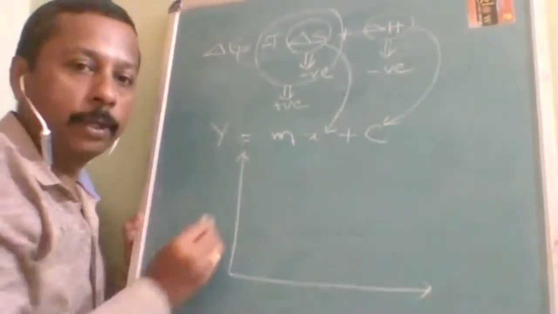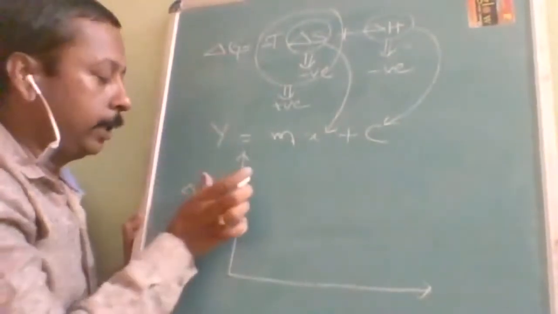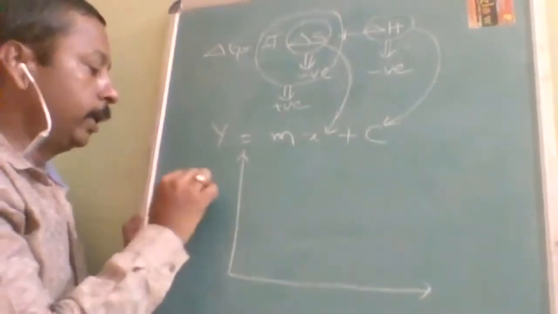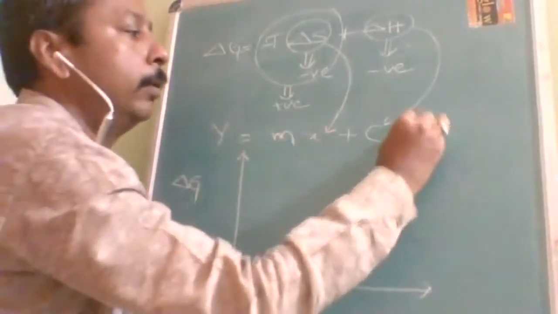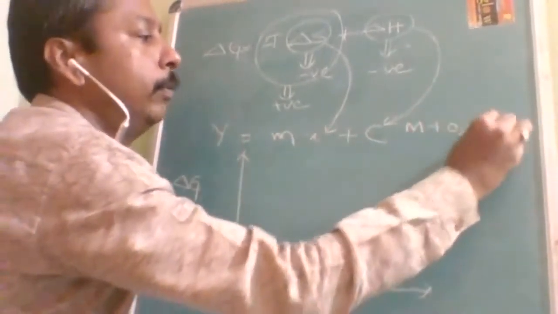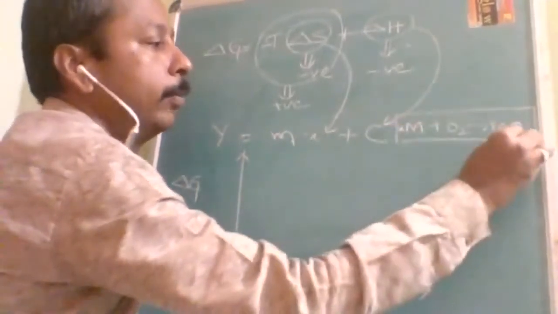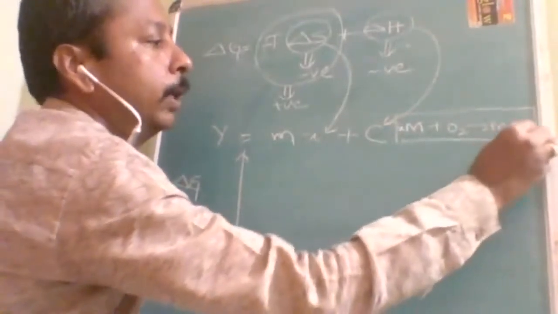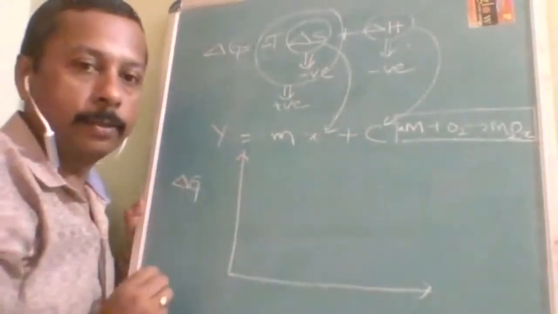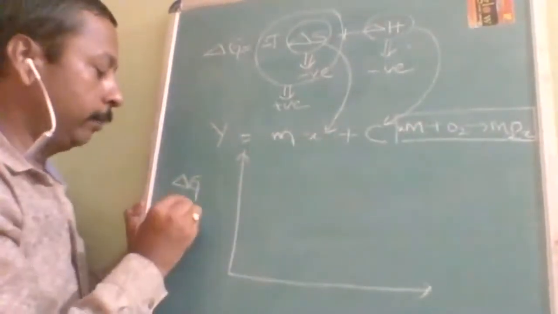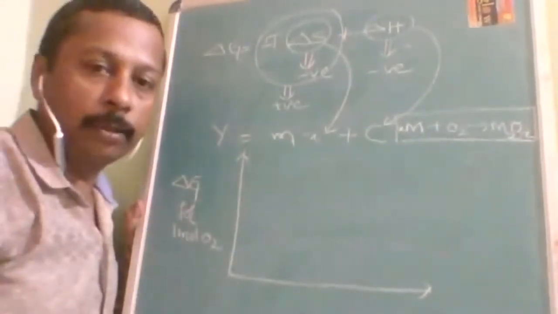What I have to take on the y-axis? Delta G. What is delta G here? Already I told you, it is the Gibbs free energy of the reaction. What is that reaction? The reaction I will also write over here: metal plus oxygen will give you metal oxide. So for x moles of the metal, it is M2Ox. Delta G is for that reaction, and one more thing I told you: oxygen should be how many moles? 1 mole only.